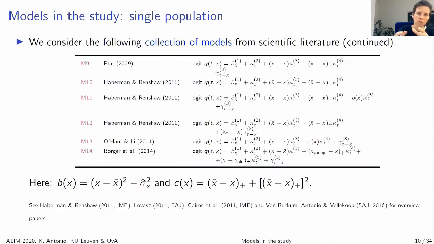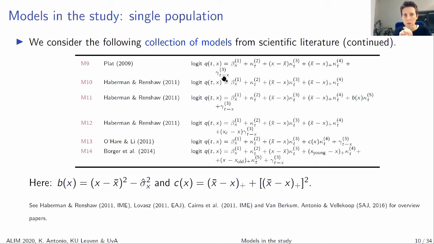And then a final set of models start with the Plat model proposed by Richard Plat in 2009, which sort of combines the best of both worlds, in the sense that ideas from Lee-Carter are combined with the ideas from the CBD model, right? So this is a kind of CBD model which does make sense for the whole age range because you've got this age-specific intercept, the beta x1, included in this model. So we see in the Plat specification, we've got the beta x1 capturing age-specific effects. We've got the kappa T2, kappa T3, kappa T4 capturing time-dependent effects, and we've got the cohort parameters, the gamma